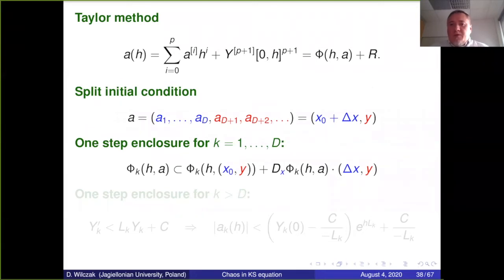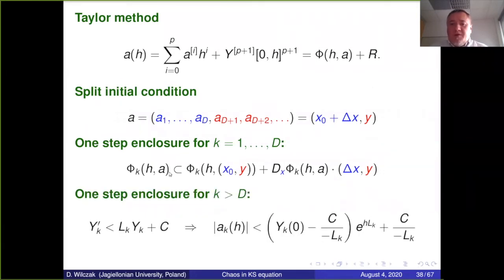On the tail, we are using a differential linear inequality, because we have the property that the vector field is pointing inwards on the boundary, so we can bound the solutions to this inequality. So we again have an explicit solution to this, and we can find a proper constant that will be valid for the next time step.